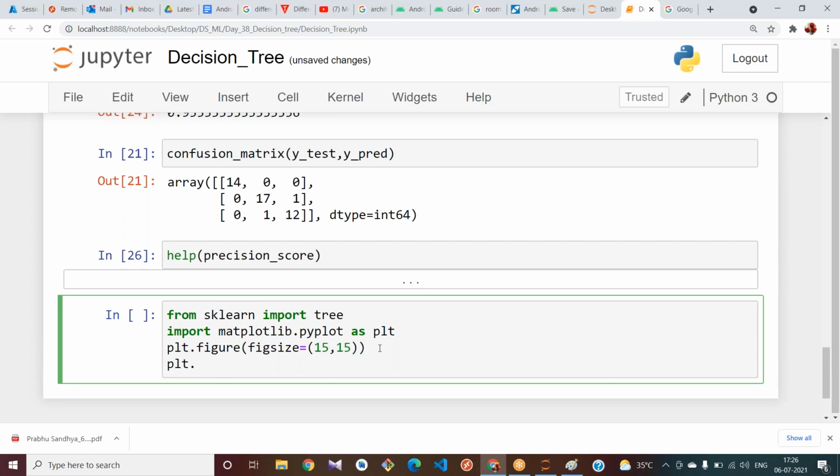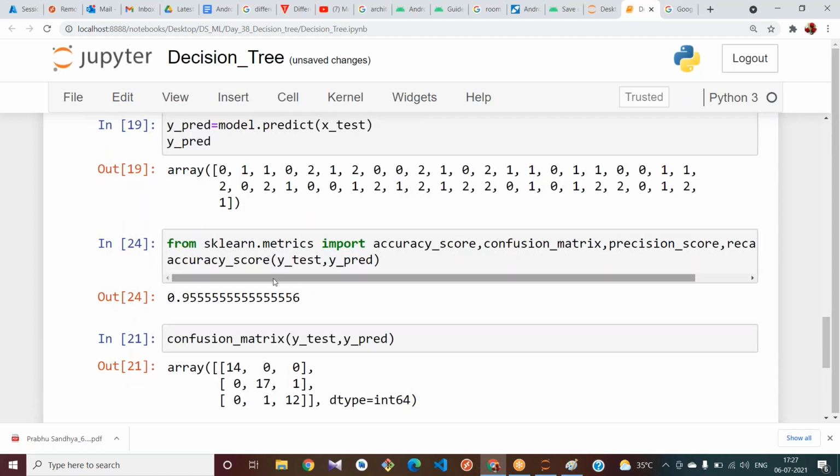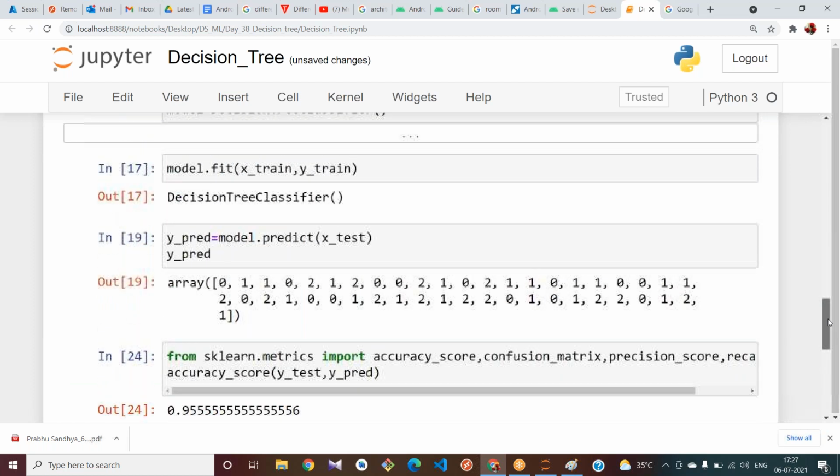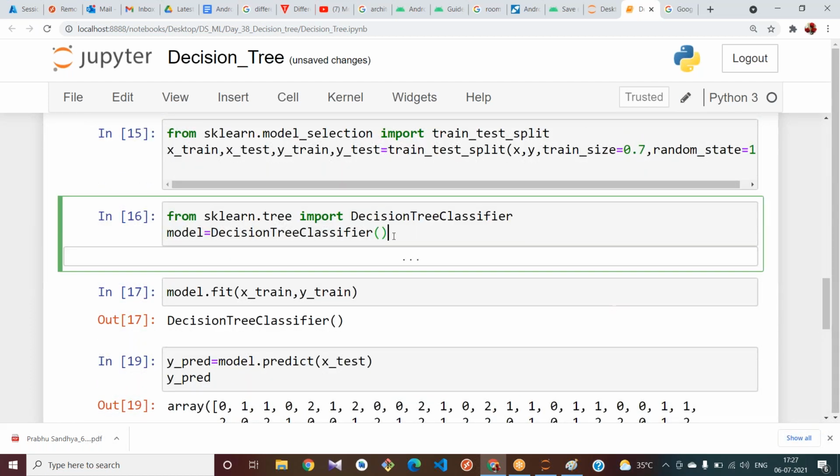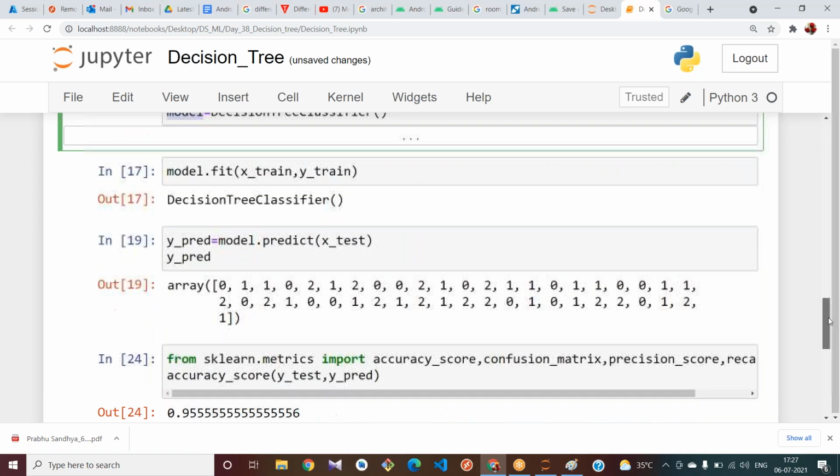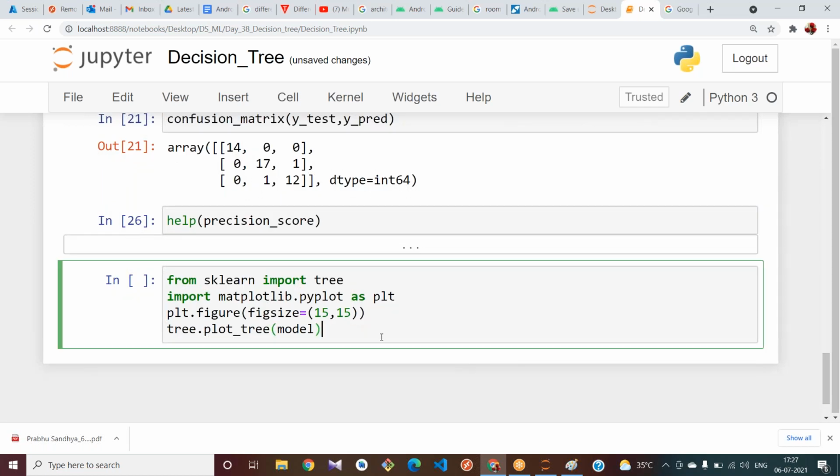Okay, tree.plot_tree is the method. Where is our model? I created my reference variable for the algorithm as model, right? That variable I have used. Now try to run it yourself.